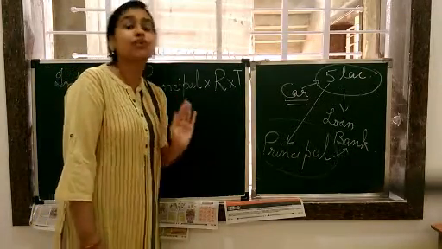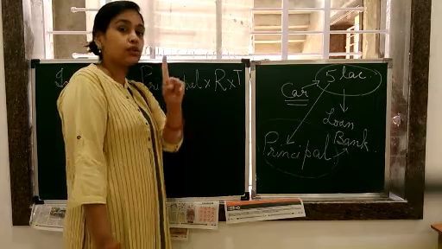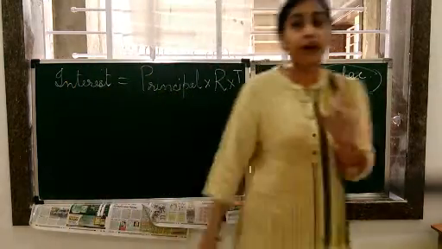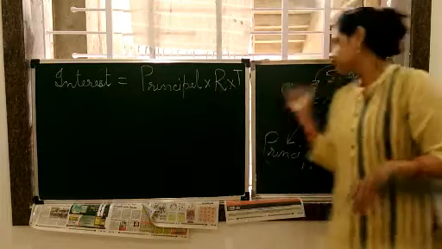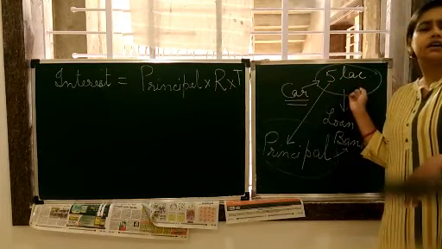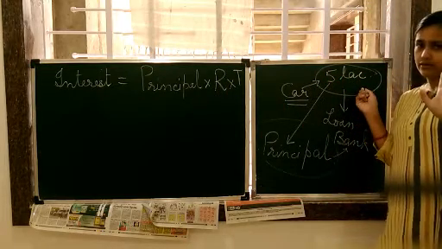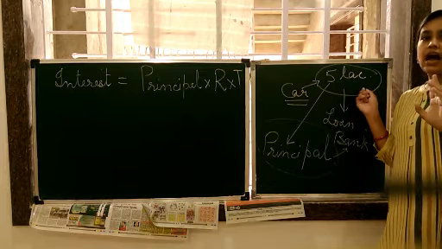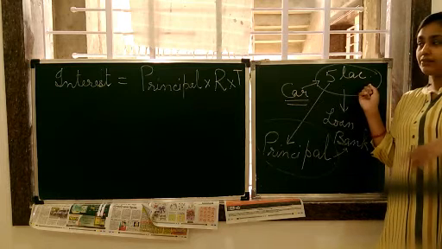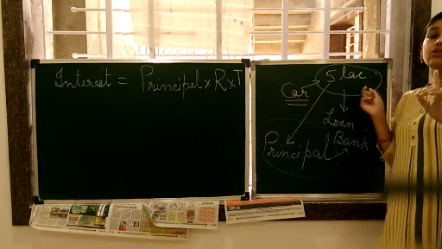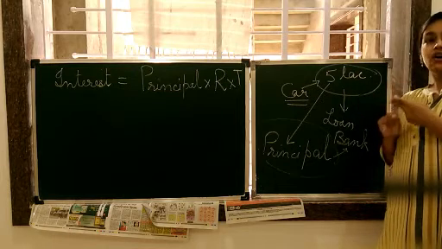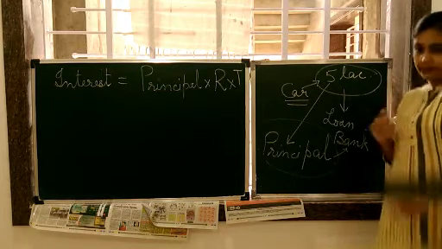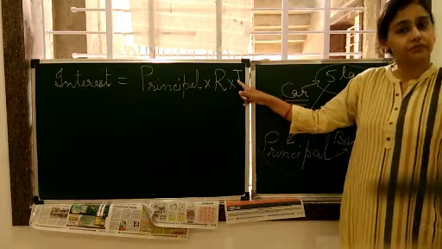Because if it is for 1 year, the rate interest is only one time. Suppose for 5 lakhs, 5,000 is the interest for 1 year. And you have taken the time as 2 years. That means you will have to return 5,000 two times, for the first year and then for the second year. That is why we use time.